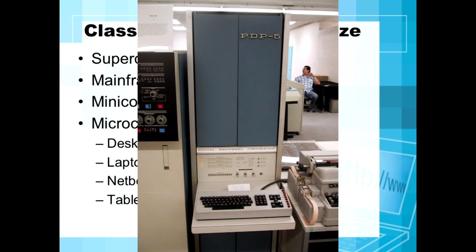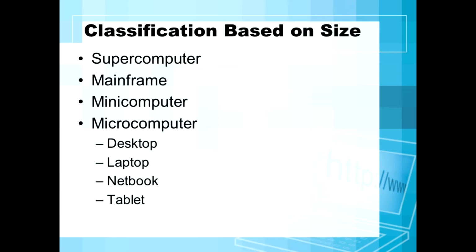What happens? Mini computers, when we compare with the mainframe computer, have a little less size, speed, and storage capacity also. But one benefit is we can move them wherever we want. Next one is the microcomputer.